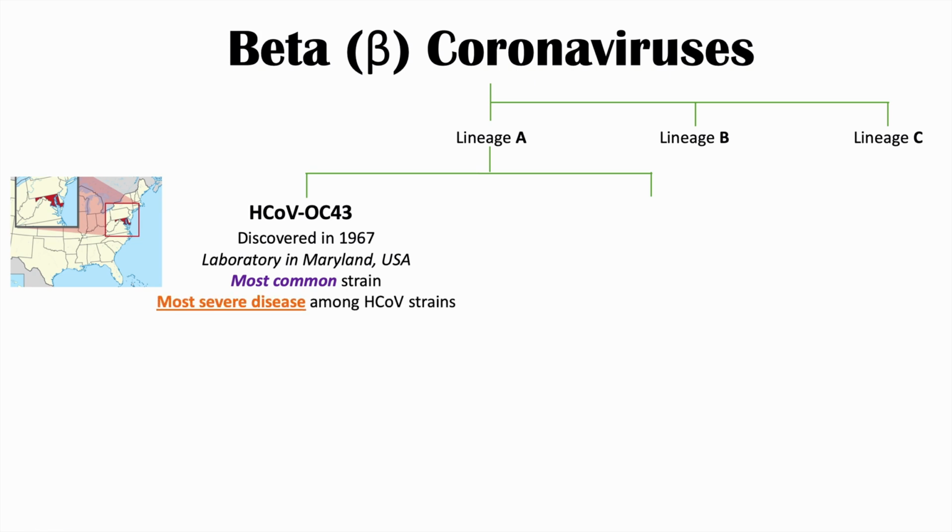And for whatever reason, this coronavirus is more likely to cause the most severe presentations among the HCoV strains. So not amongst the SARS and SARS-CoV-2 strains, but amongst these HCoV strains we're talking about right now, this one is more likely to cause a severe presentation or a more severe disease. And the second coronavirus in lineage A of the beta coronaviruses is